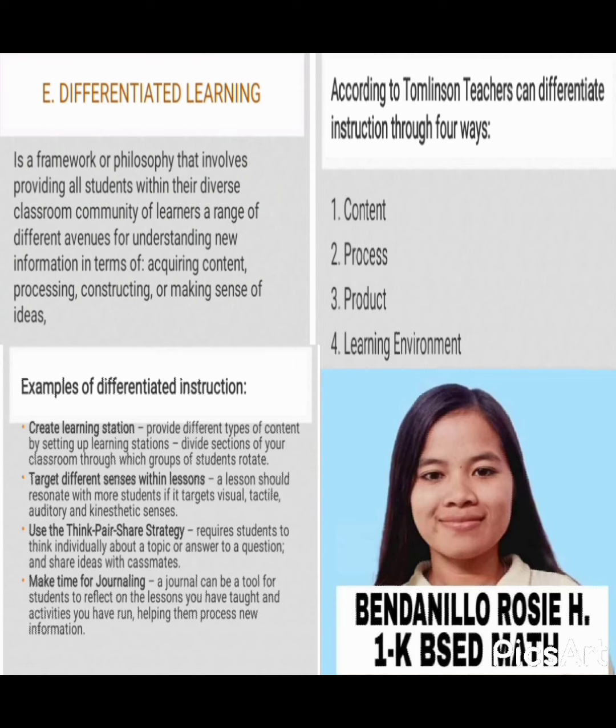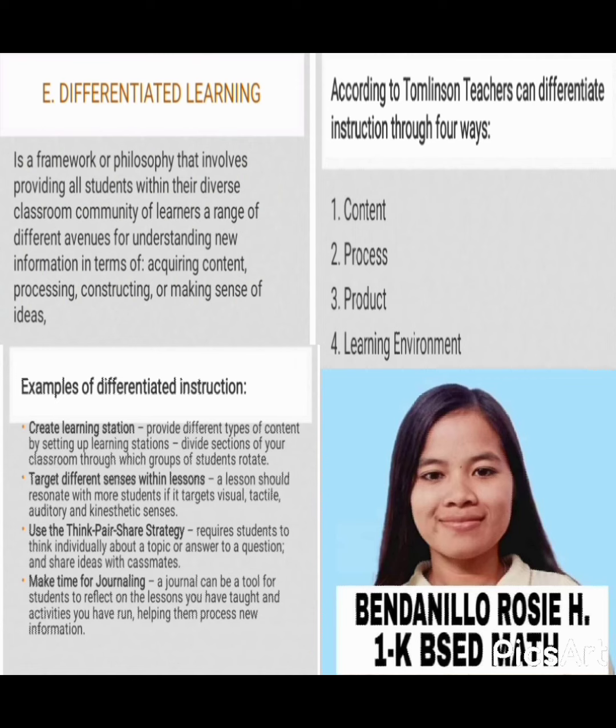Examples of differentiated instruction: creating learning stations. Provide different types of content by setting up learning stations. Divide sections of your classroom through which groups of learning students rotate. You can facilitate this with a flexible seating plan. Each station should use a unique method of teaching a skill or concept related to your lesson. For example, students can rotate between stations that involve watching a video, creating artwork, reading an article, completing puzzles, and